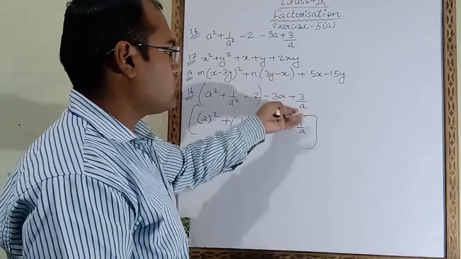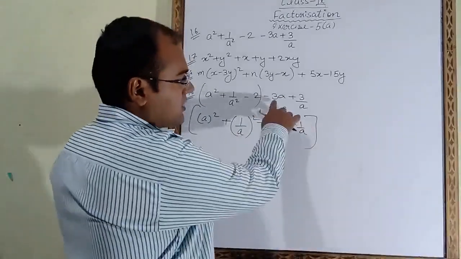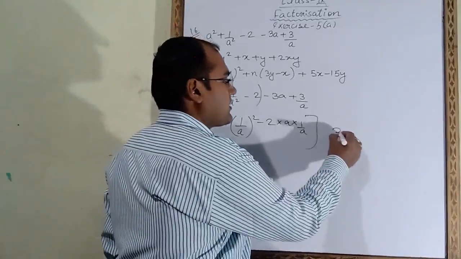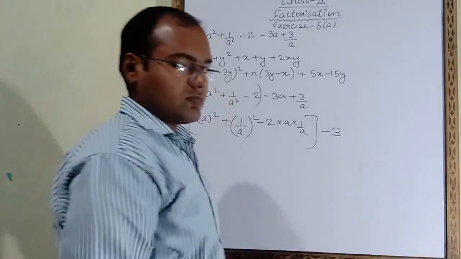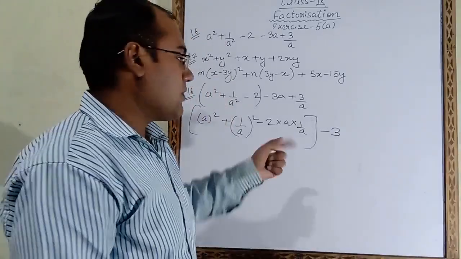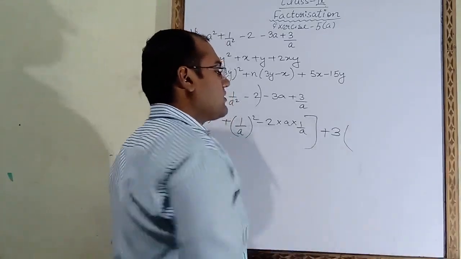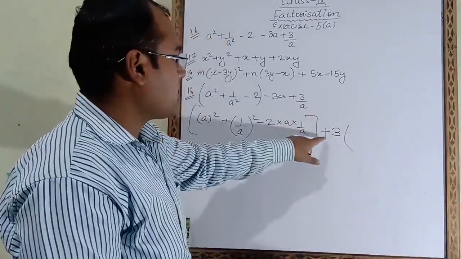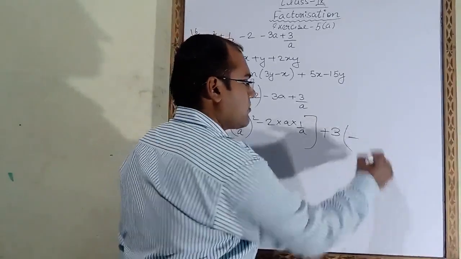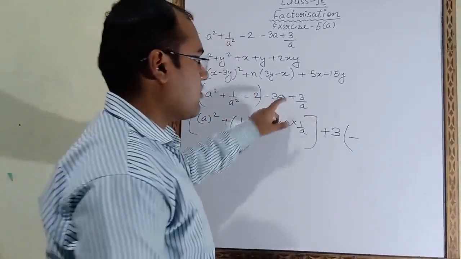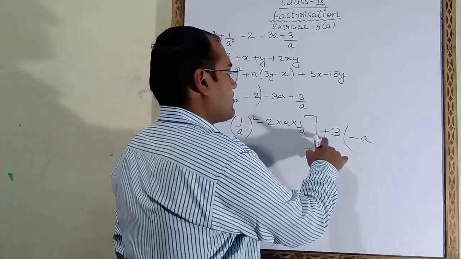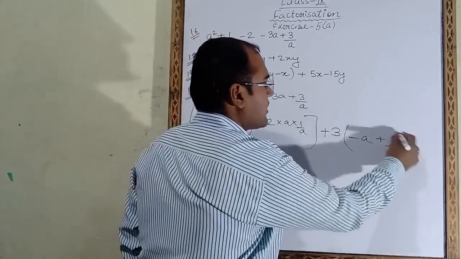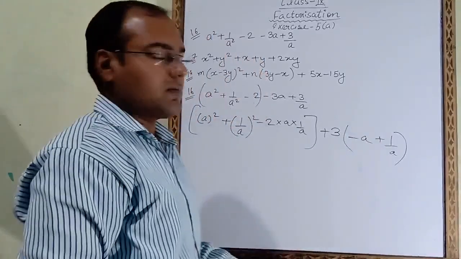Now from these two terms also you have to take common. 3 is coming here also and here also, so we will take 3 common. But with that 3 you have to take the minus sign also. Why do you have to take the minus sign? Because if you take the plus sign, then on taking common, what will be the remaining term in the bracket? You can check it. Plus minus, here you will get minus. 3 we have taken common, a will be there. So plus plus plus, 3 we have taken common, so here it will be 1 upon a. So minus a plus 1 upon a will come, and here